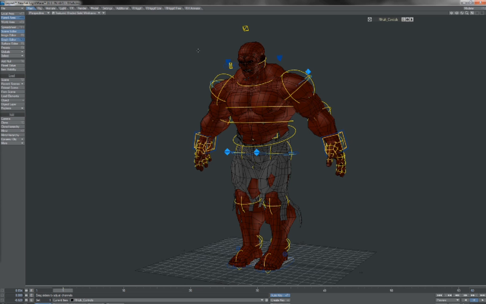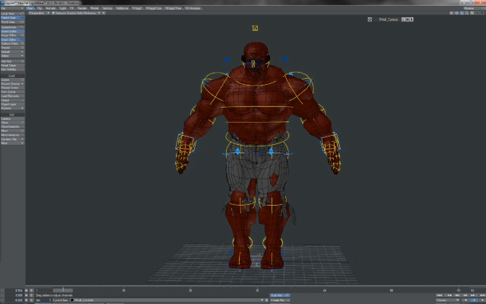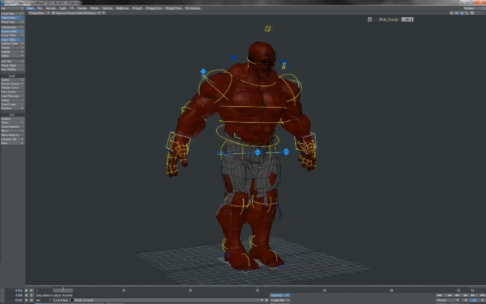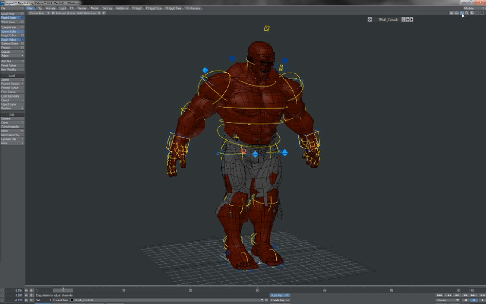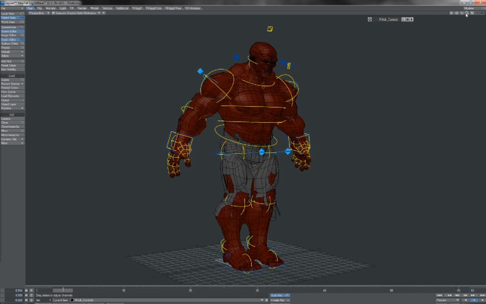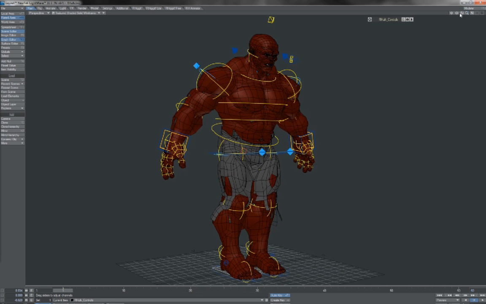Okay, so what I want to give you in this little guide is a bit of a walkthrough example of how we can use the controls in different ways. Everyone likes to pose and work with a rig in different ways, and different people find different types of controls natural to use. The RH rigs offer various options within the control systems